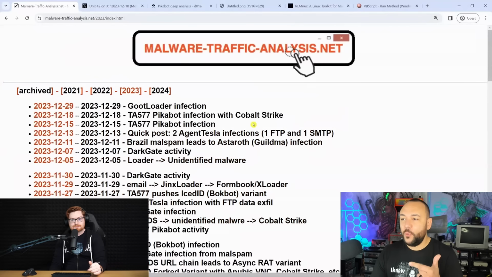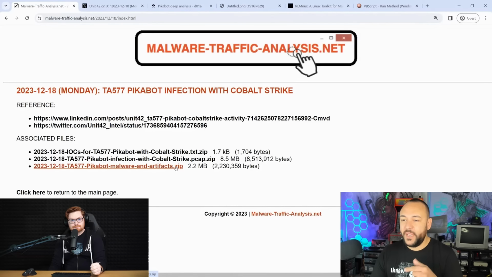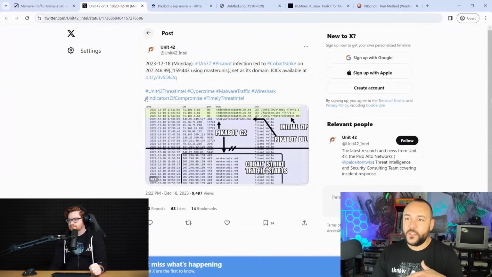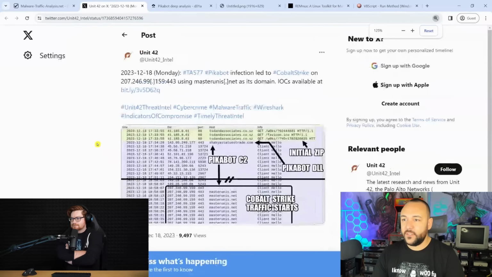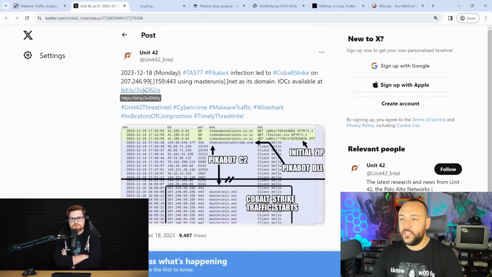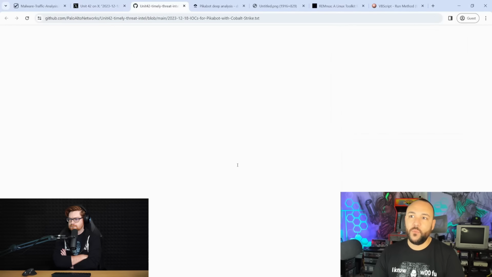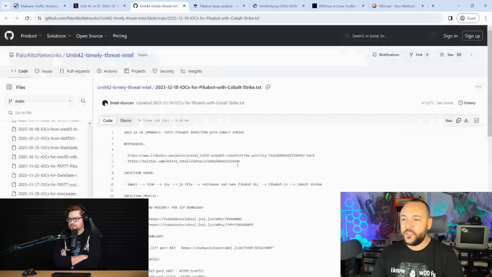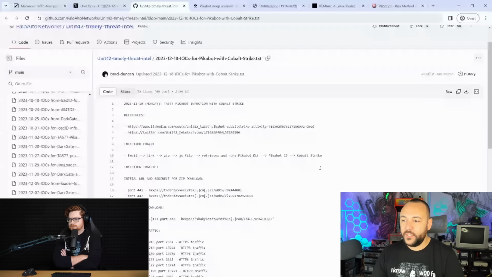And as soon as I opened up this article, I grabbed out the artifacts and I popped them into some of my malware VMs. And there's a link here that goes to X/Twitter, and I'll zoom in a little bit. There we go. And it's just a little breakdown of the domain that was utilized, the IP address. You can go find indicators of compromise over here. There's a nice little graphic and a breakdown of the traffic from Wireshark.